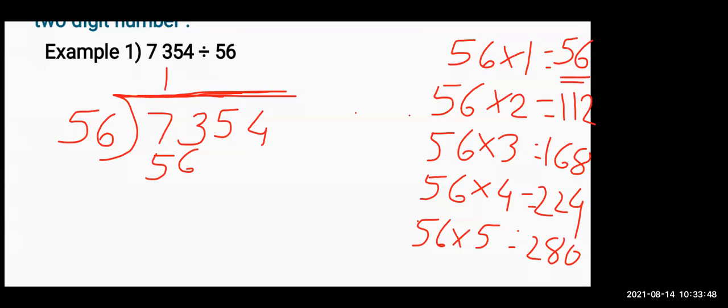56, minus. You have done this division in your 4th standard also, but it was 2-digit and 3-digit numbers only. But now in 5th standard, a 4-digit number should be divided by a 2-digit number. Now 56 ones is 56, we have taken. Now from 3, 6 is going. I want answers in the chat box. From 3, 6 is going.